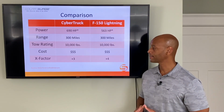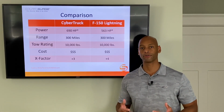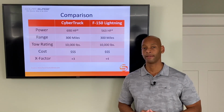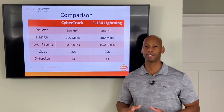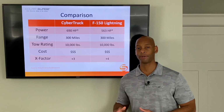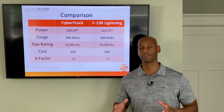And then in terms of X Factor points, CyberTruck gets 3 additional points for some of its unique outdoor features, as well as the autopilot, driverless operation. Where the F-150 Lightning receives 4 X Factor points, primarily because of its off-grid and backup power capabilities, being able to provide backup power to your home and being able to act as a mobile power station for job site